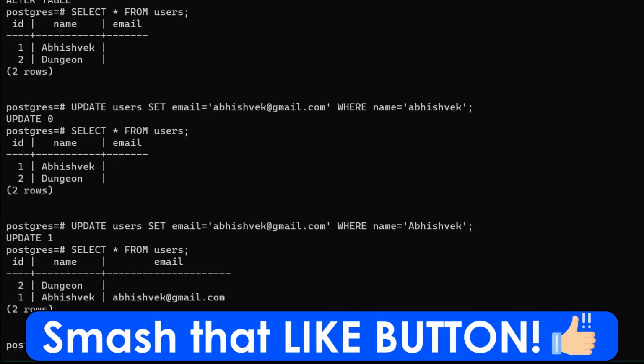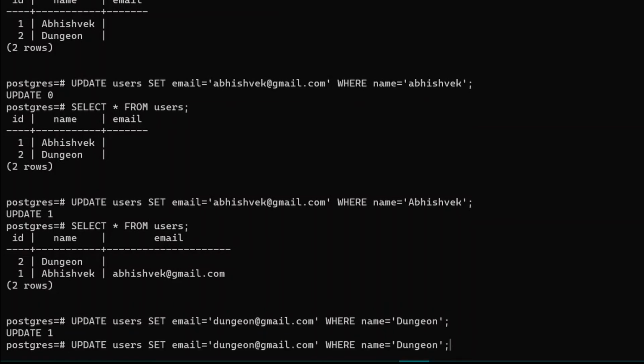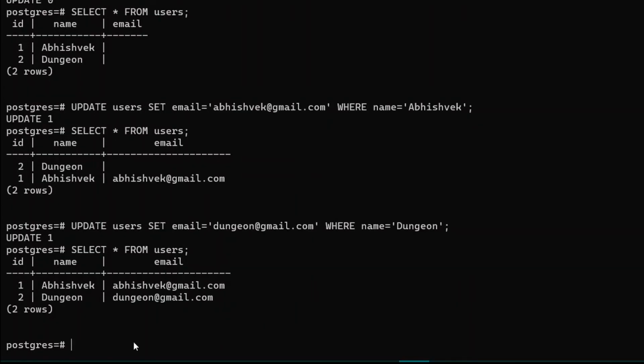So once we have done this thing into it, we can also do likewise for our dungeon. For that purpose, let's add dungeon here, just like this, and here let's add a different email to it of dungeon. Press enter. Cool. Let's check it up. Cool. So we have added some different data under emails of our name and also for our email. So this was the update command that you can really do for simply updating all of your data.